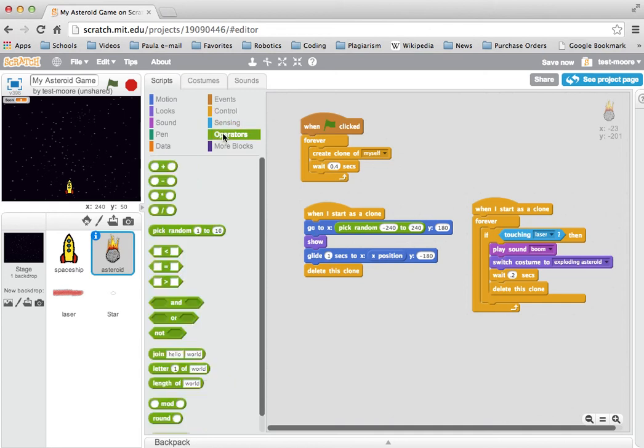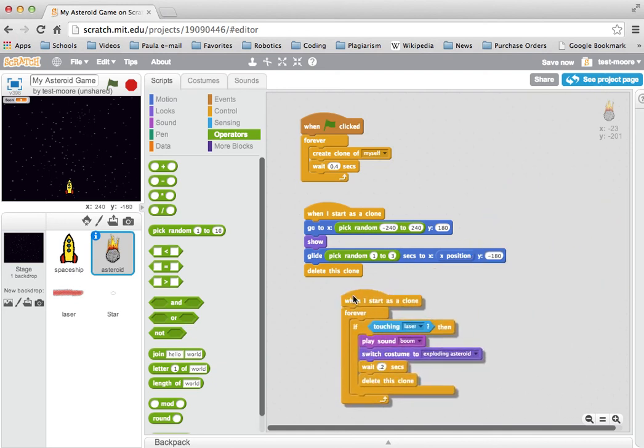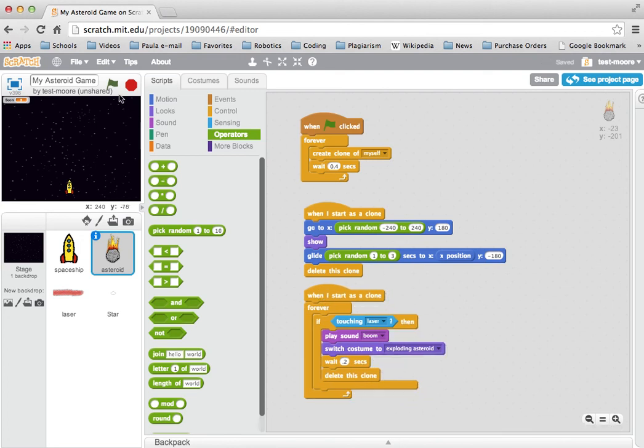So I'm going to go into operators, and I'm going to have it pick some random number of seconds for it to glide to the bottom of the screen between 1 second and 3 seconds. So now when I start it, I'll have some that are coming slowly and some that come more quickly. And that actually gives me a little more time to click on it. Okay? Great. Next, we'll learn how to add a score to our